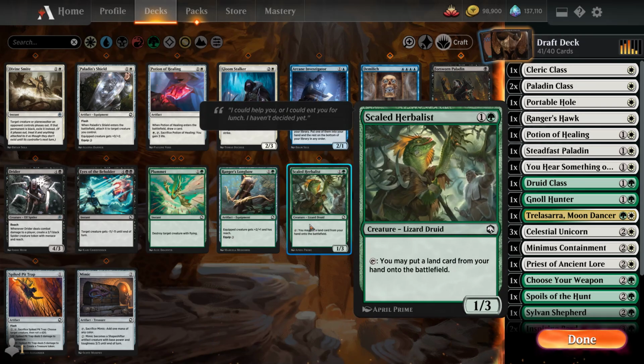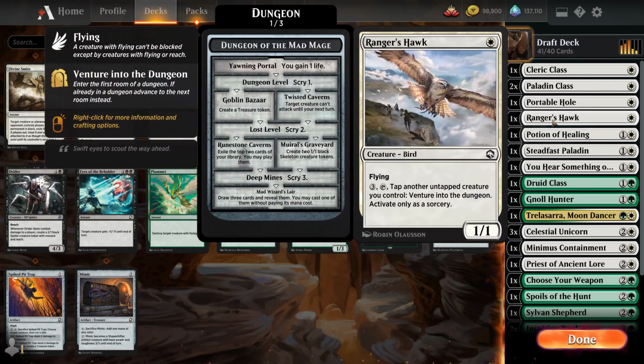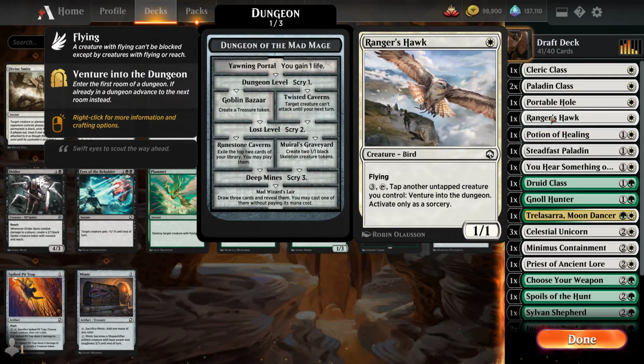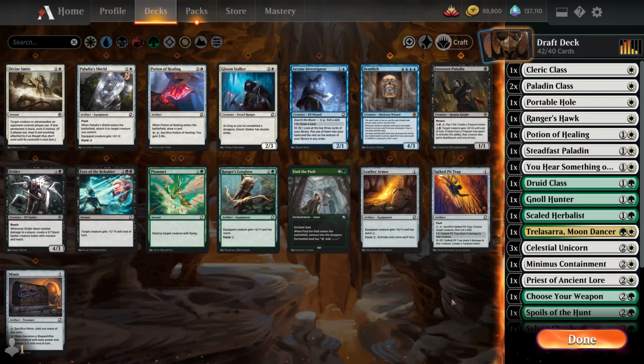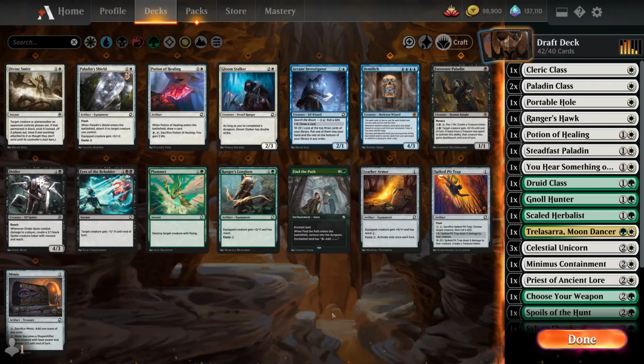So the 2-drop here, just to have a 2-drop. And the Paladin class, the Anthem effect, of course, is better if you have creatures early on in the game. Oh, I don't think the Ranger's Hawk is very good here, sadly. Okay, I'm gonna play the Scaled Herbalist. I think I just need an early drop. I might have to cut the Ranger's Hawk because I don't feel like I'm gonna have